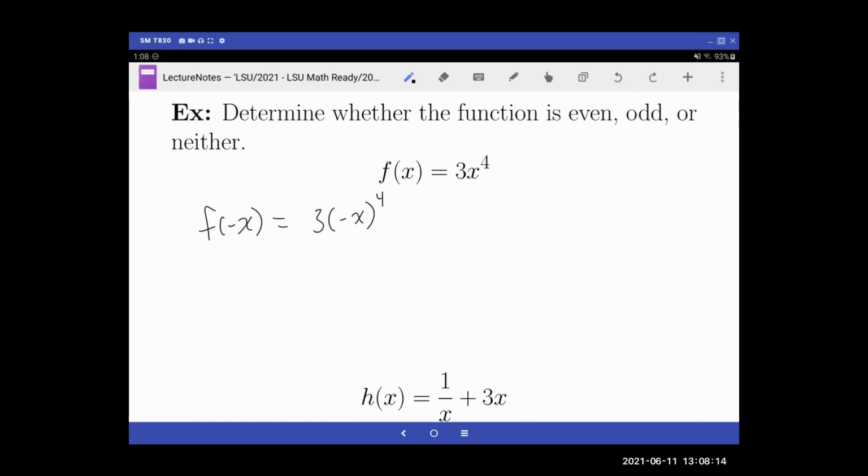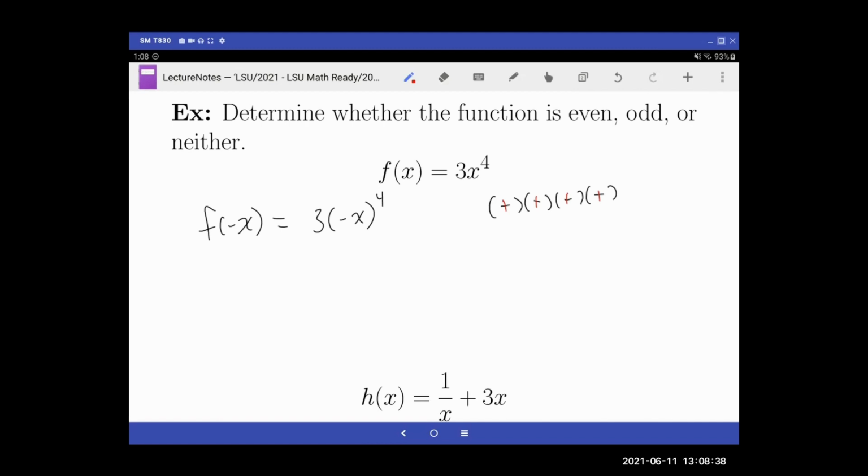Okay, and then when you raise a negative to the fourth power, or any even power, the negative cancels out. Why is that, right? If I had a negative and a negative, every pair will, of course, be positive. So there's two more, right? And so it turns out that if you have an even number of negatives, of course, it's going